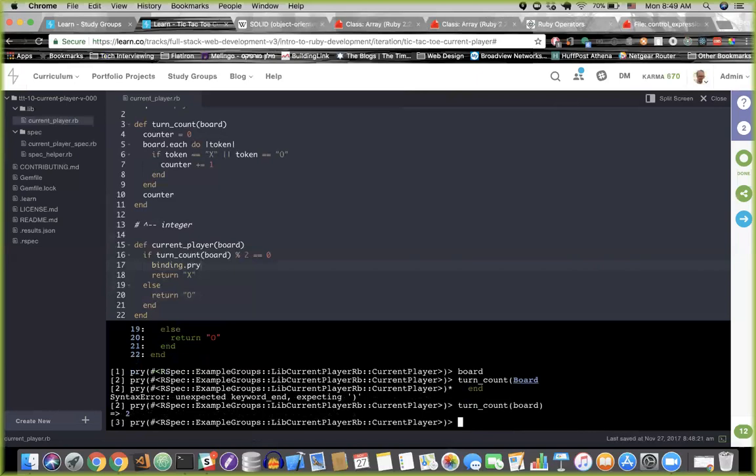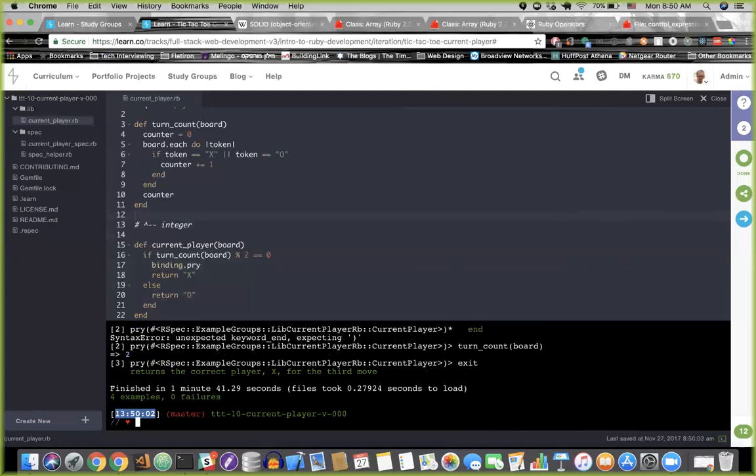Now the value is 2. So, it's showing you where in the array, right? Exactly. All turn count does, remember, just returns us a value of the integer. It returns us how many turns have happened. That's all it does. So cool. Okay, awesome. So now